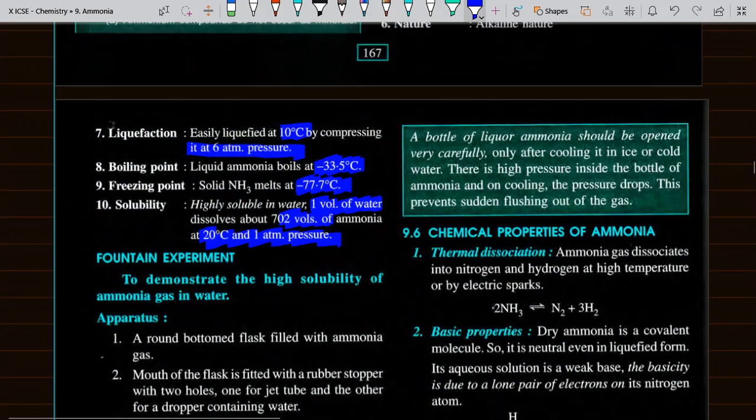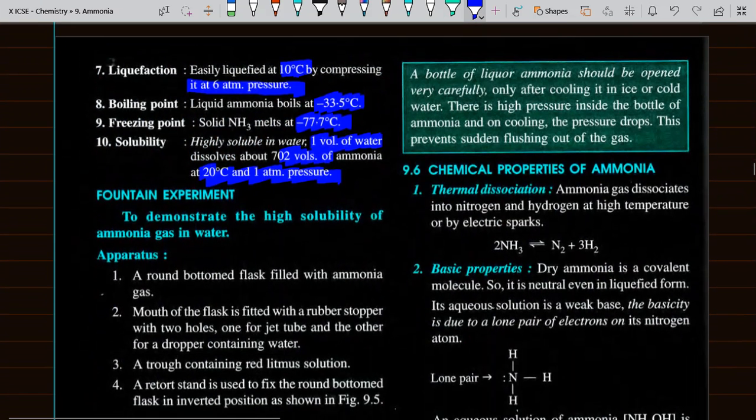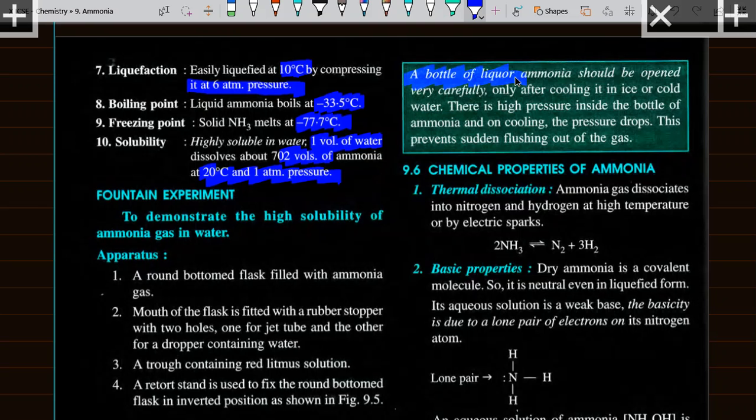ठीक है, सो ये भी हो गया। अच्छा ये देखो, a bottle of liquor ammonia should be opened very carefully only after cooling it in ice or cold water. There is high pressure inside the bottle of ammonia and on cooling the pressure drops. This prevents sudden flushing out of the gas. Sudden flushing out से क्या क्या हो सकता है हमको सबको पता है, हार्ट अटैक, टीयर्स इन द आईज।